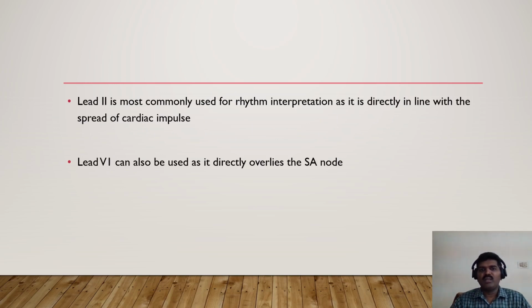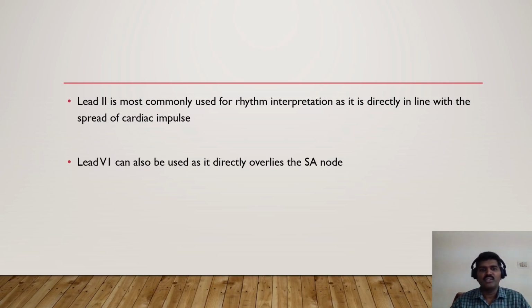Lead 2 is the most commonly used lead for rhythm interpretation as it is directly in line with the spread of the cardiac impulse. The cardiac impulse spreads from the SA node and comes down to the AV node. There is a certain amount of delay in the AV node. Then through the bundle branches it comes down, reaches the apex of the ventricles, and then spreads up on the free